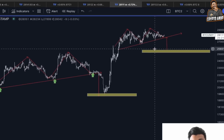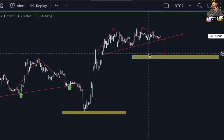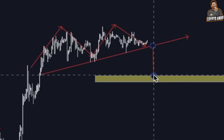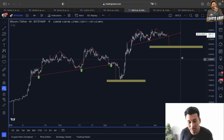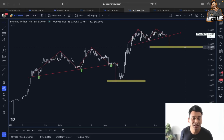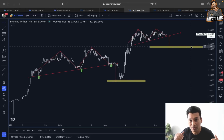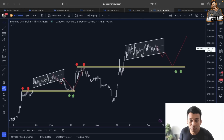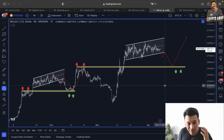So in the medium short term, we don't want to lose the support on 27,000, 28,000, because losing that could result in another pullback, just like here from the past price action, where the price in that case could be getting attracted towards this 25,000, 26,000 before choosing an actual trend direction. So this one is one bearish scenario once we lose the 27,000 support, and even according to this ascending channel,